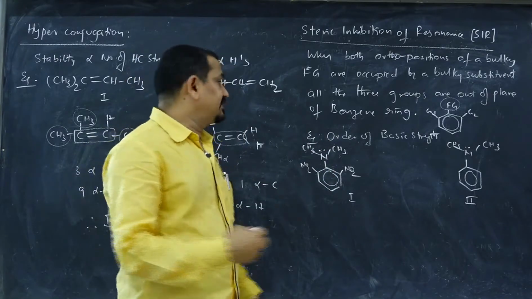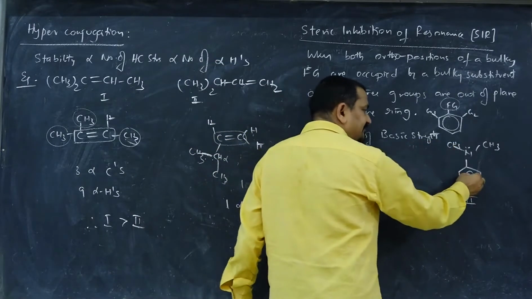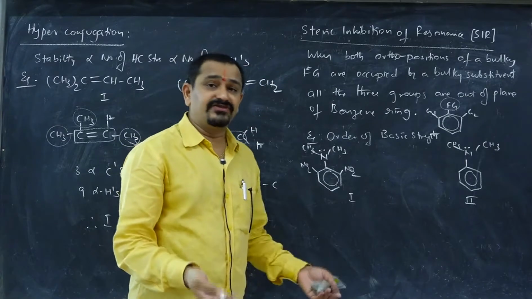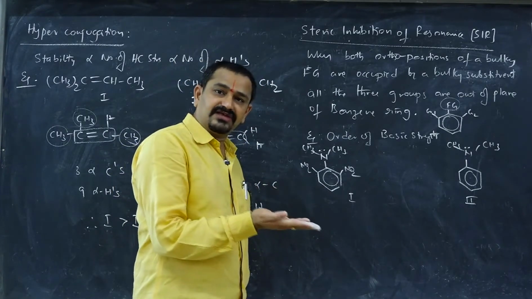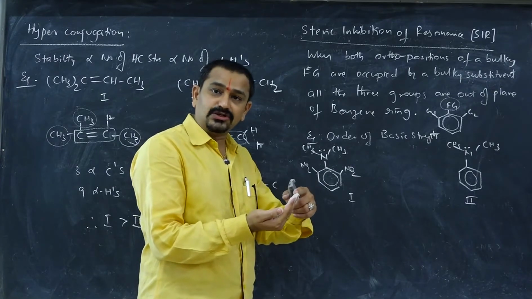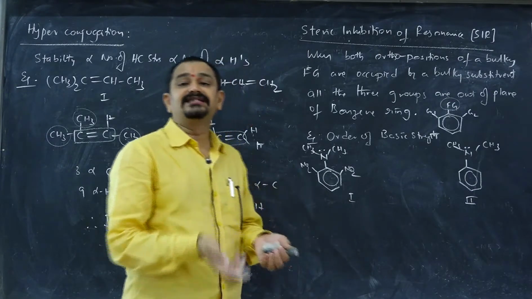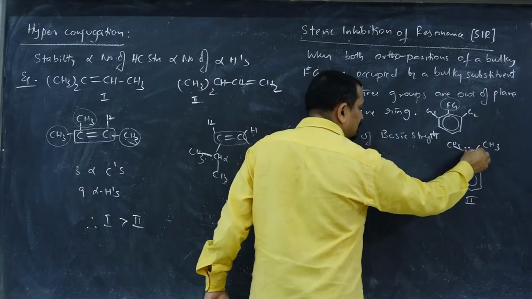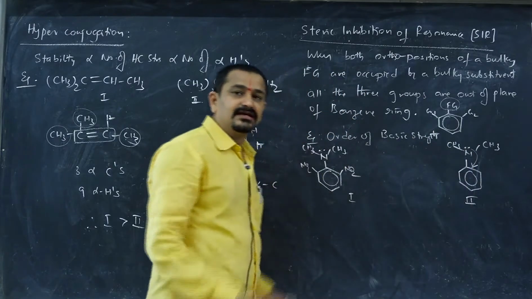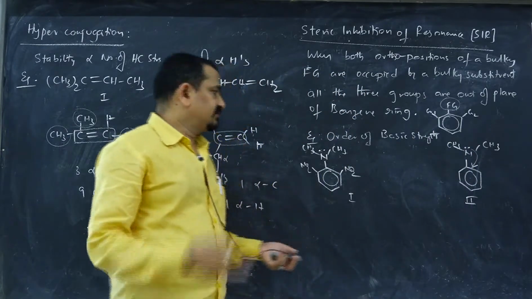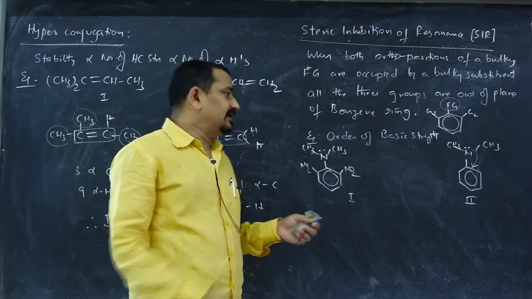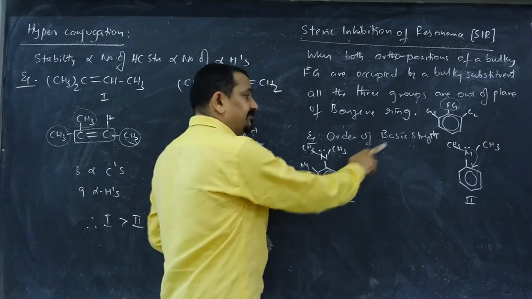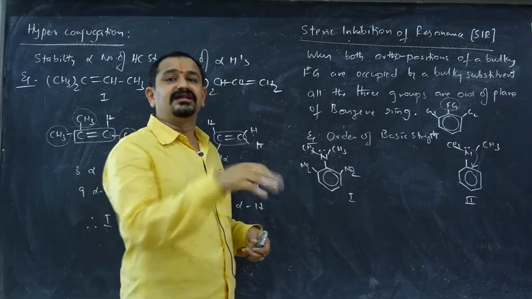When nitrogen's lone pair is conjugated with the aromatic ring, the lone pair is not available for donation, hence it is said to be a weak base. But when they move above the plane of the ring, when they flip above the plane of the ring, nitrogen's lone pair will be readily available for donation, hence it acts as a strong base. So that's what is happening here. Here nitrogen is in conjugation with the aromatic ring, as the lone pair is engaged in delocalization or resonance with the ring, it is not available for donation.